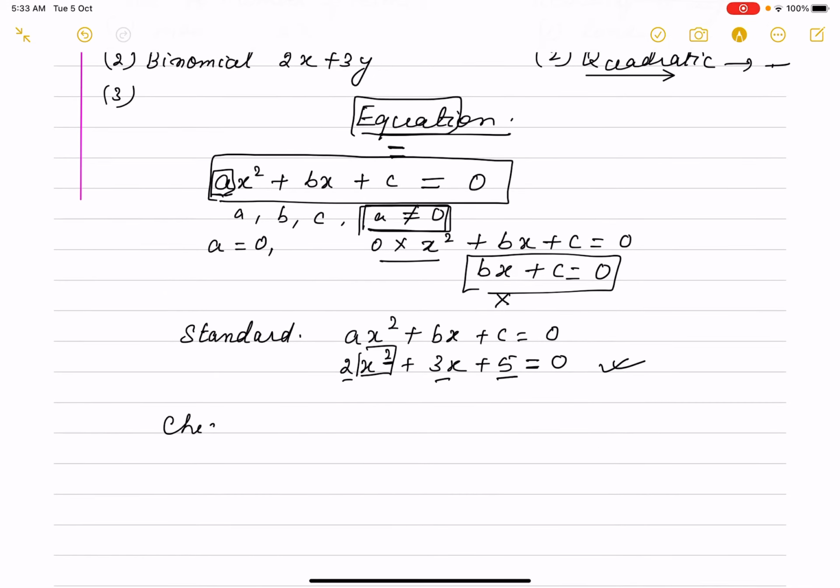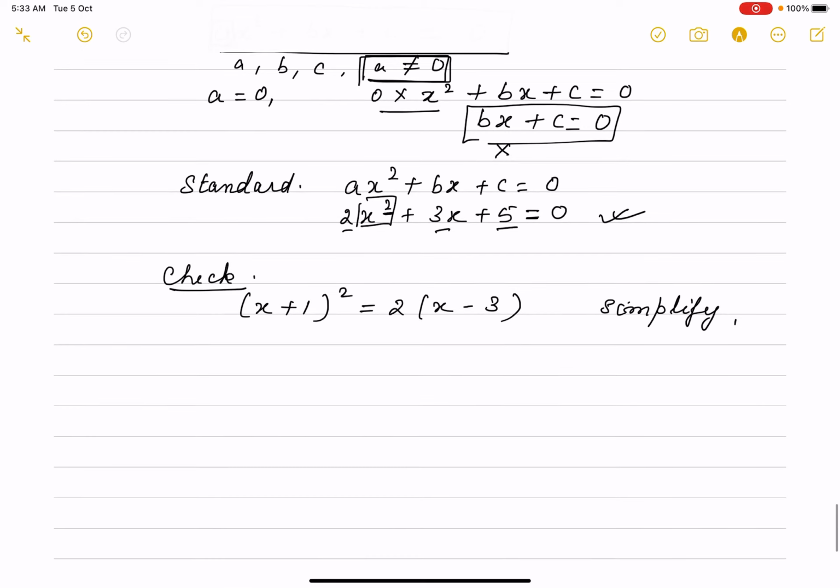If we have to find out, what will we do? It is not simply that we say the degree is 2 and an equal sign is there, so it is quadratic. We will simplify it and then check whether we are getting degree 2 or not, or whether it is in the standard form or not. Because sometimes it happens that in LHS and RHS the degree 2 is cancelled. In that case we reduce to linear form.